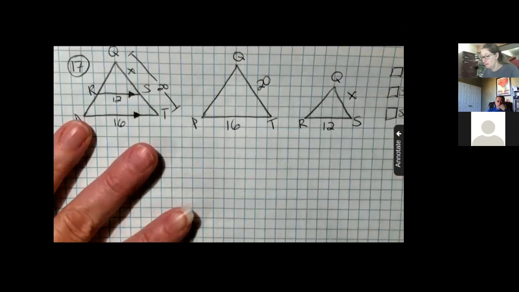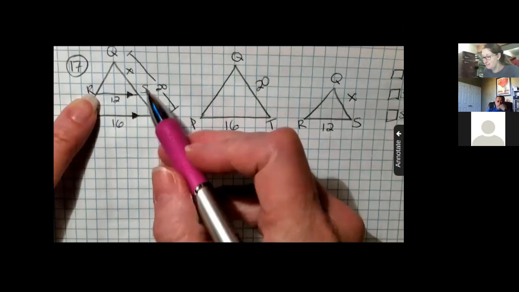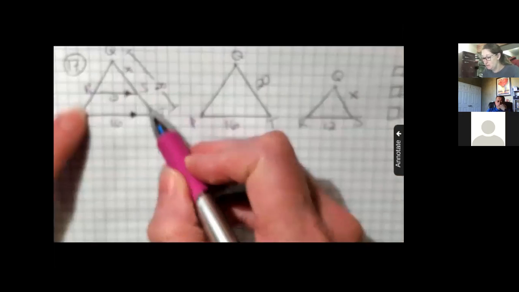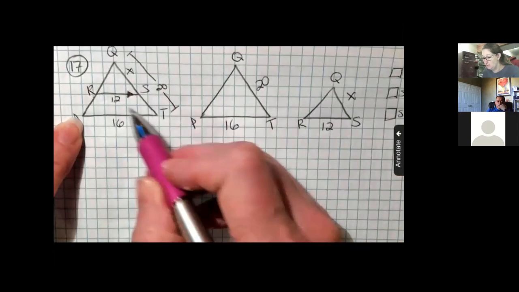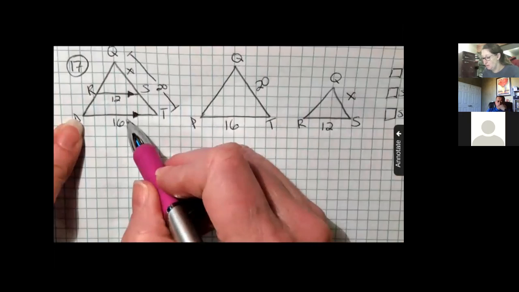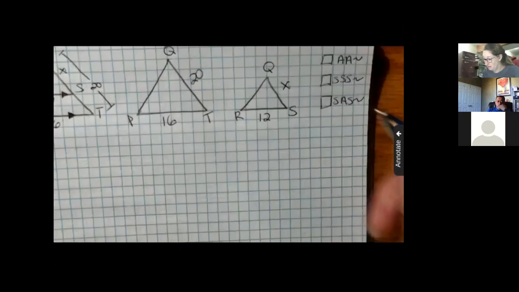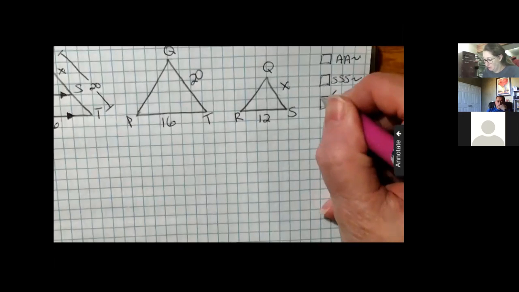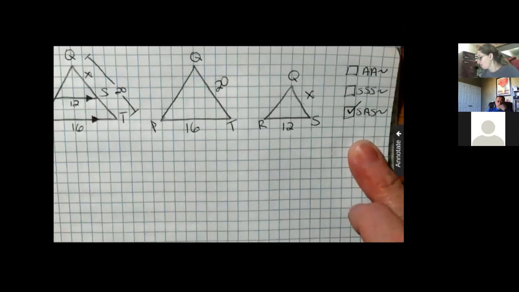So you're going to kind of say, well, how does this work? Well, because they're nested together, these two angles are the same. These two sides are the same, and we're assuming that these two sides are the same. So I'm going to go for side, angle, side. And correct me if I'm wrong, Mr. Rivas, but I think it's that. So because of that,